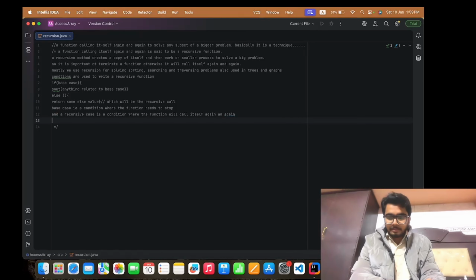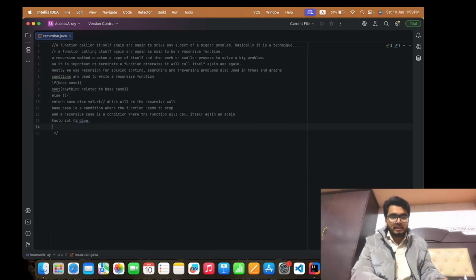What else? One of the basic examples of recursion is finding a factorial. This is one of the key examples kept in mind while studying recursion. If you don't know what a factorial is, it is a whole number multiplied by its downward numbers till it reaches 1.